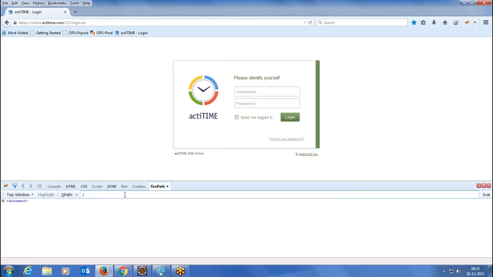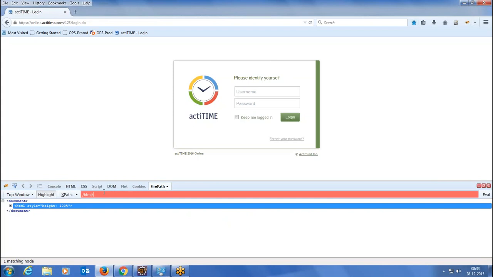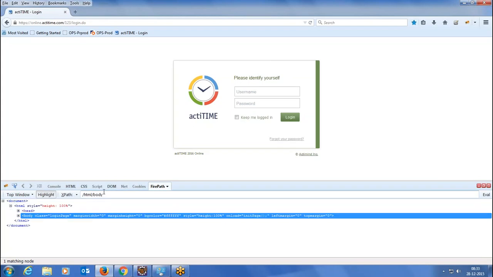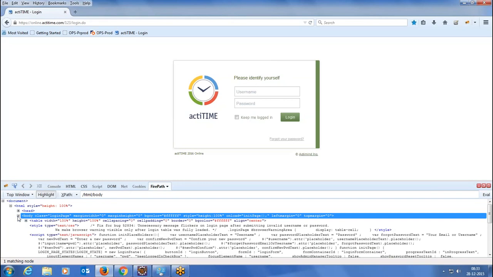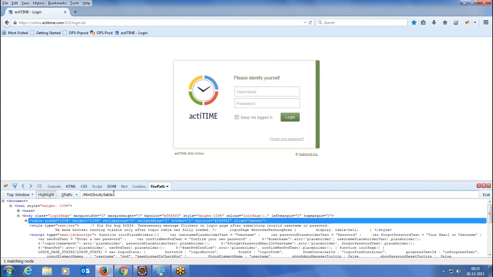One is, I put one forward slash here and then say HTML, enter. If you see here, it takes me to the HTML tag. Below the HTML, I have a body tag, and it has taken me to the body. Inside this body there's a table, so if I say table, it will take me to the table.